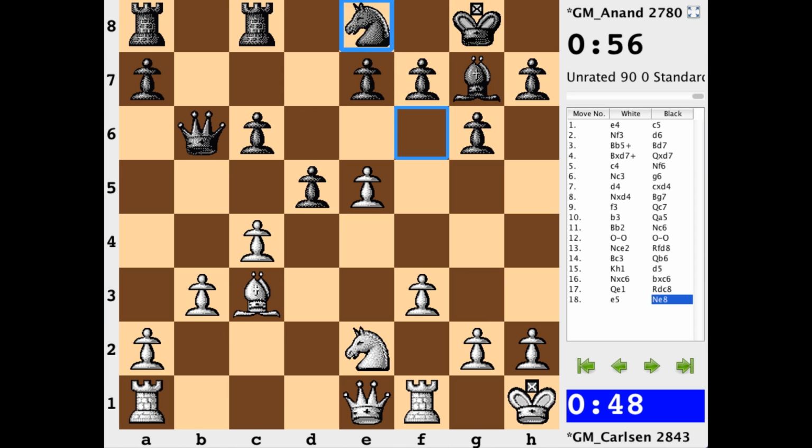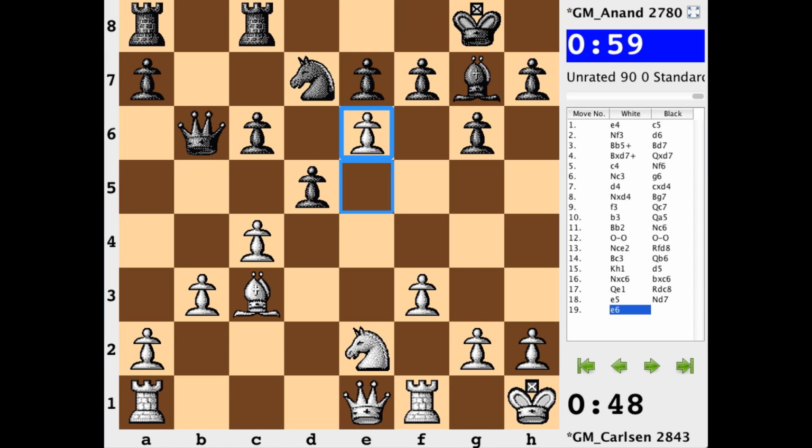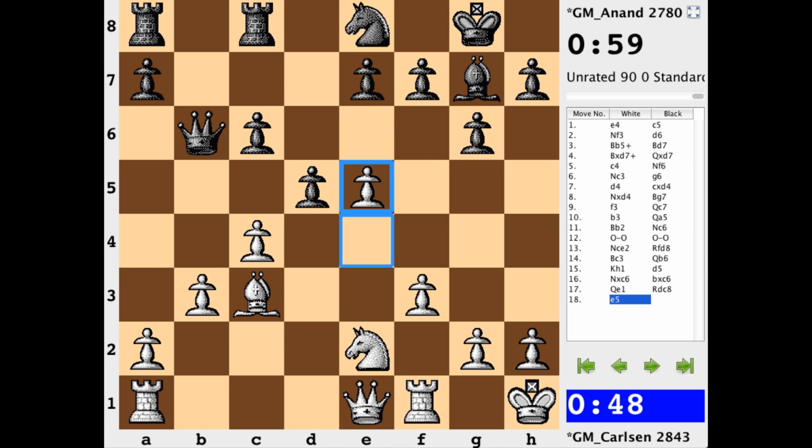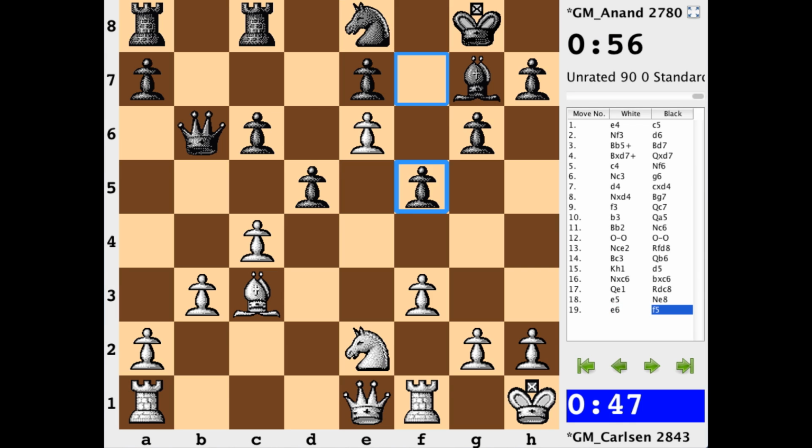So e8, I believe, is the better of these two squares, because if you go here, e6 is the continuation, however you slice it. It is the move that's played in the game, and now with e6, black has fewer options since it's coming with tempo on the knight. Knight e8 was played, and after e6, okay, now at least there's some choice. Maybe black could be playing f5. It's not the move that was played.